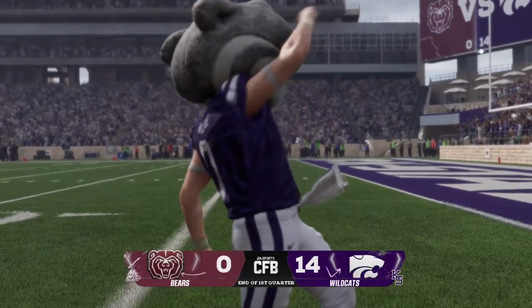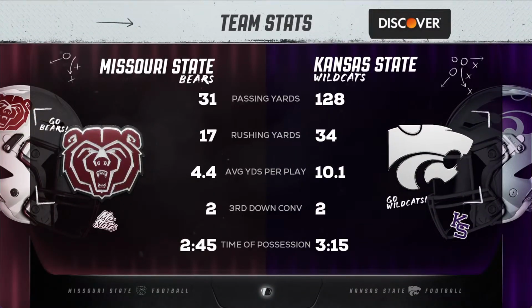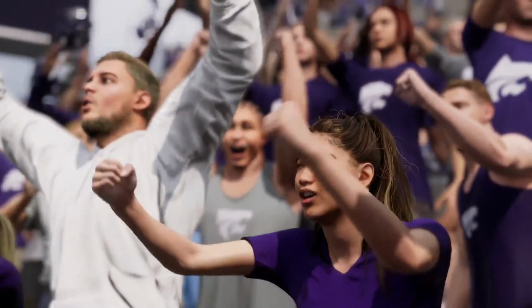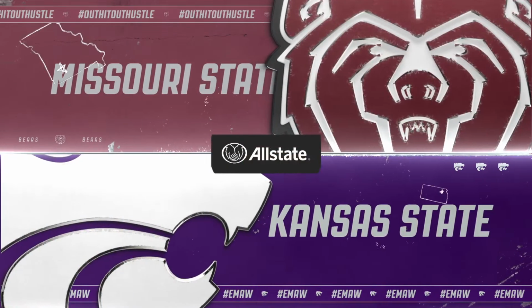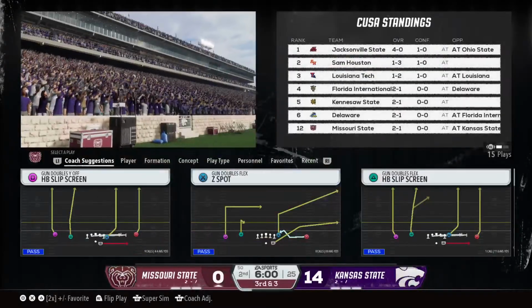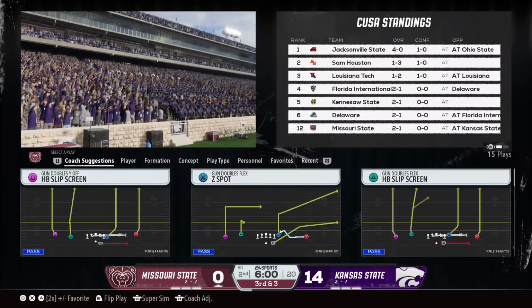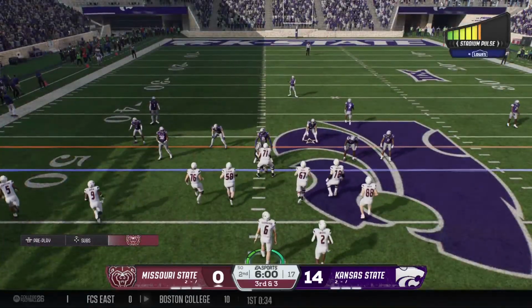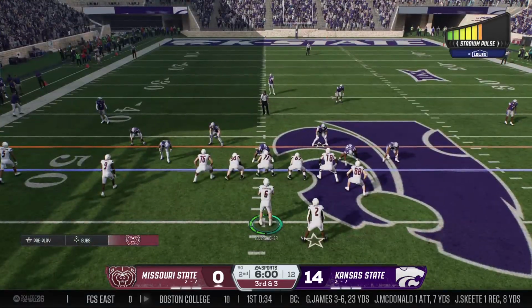That's the end of the period, and Kansas State is on top. They came out and jumped on them early in the first. Let's take a break and look at the first quarter stats. Just about ready to get things started here in the second. We'll see if they continue to flex that muscle. This offense had a little extra time to think about it. Let's see what they have on third down.